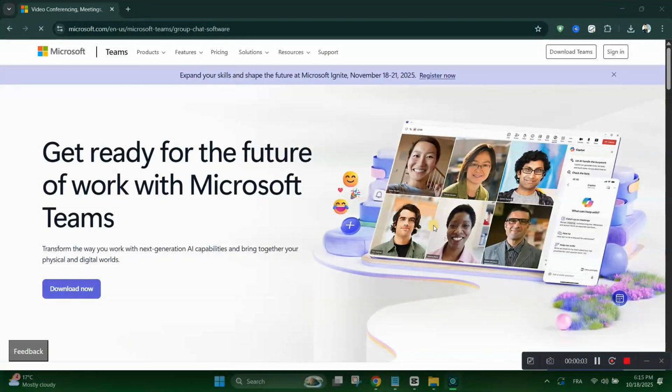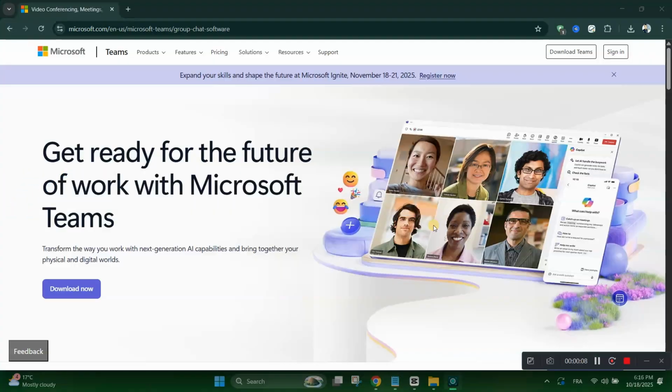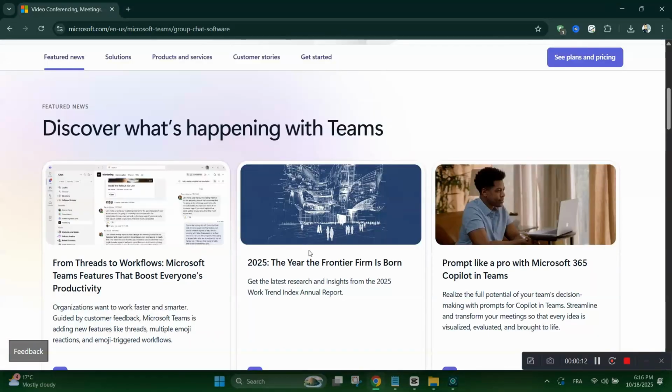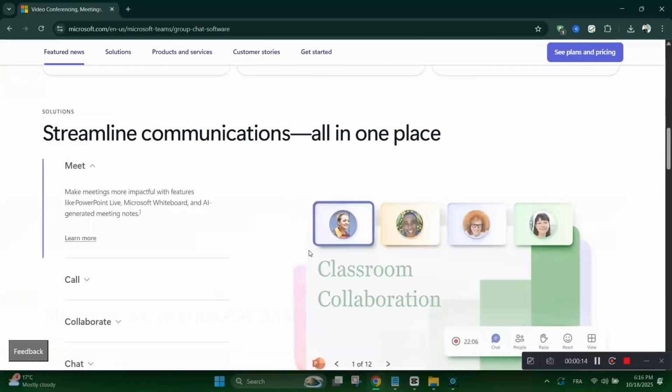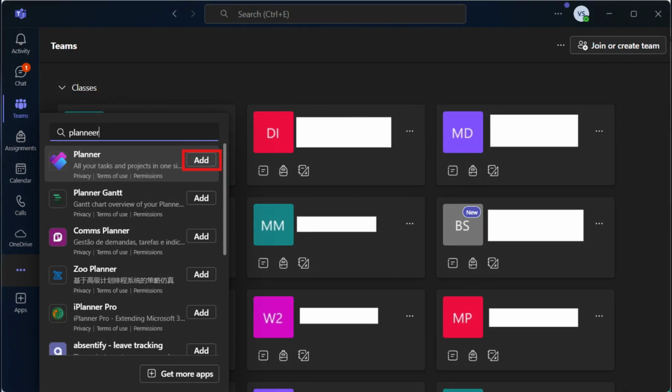Today we're going to see how to use the Microsoft Planner in Teams. Microsoft Planner is a simple yet powerful task management tool that integrates directly with Teams, helping teams plan projects, assign work, and track progress. Start by opening Microsoft Teams and click on the Apps icon on the left-hand sidebar and